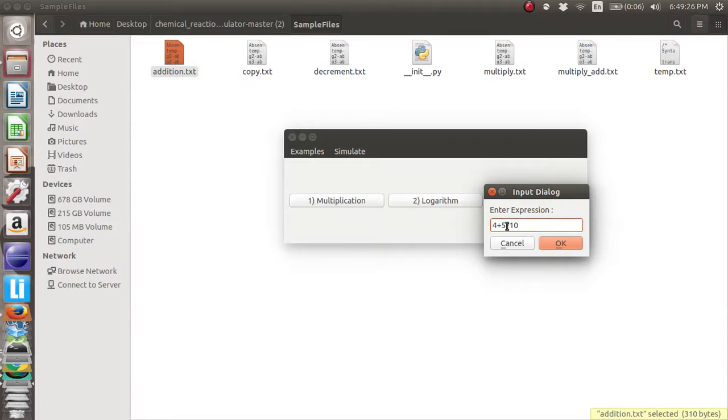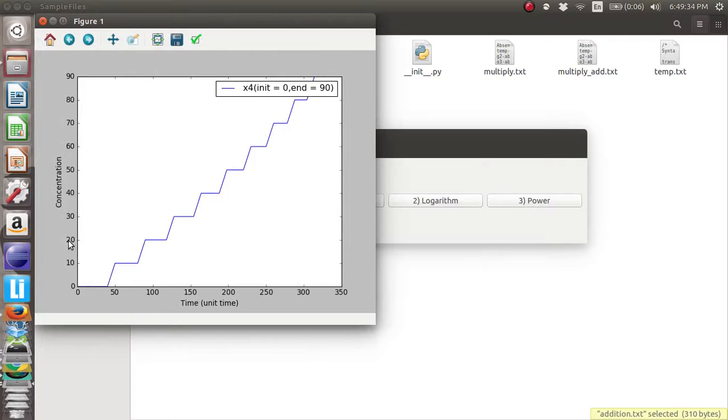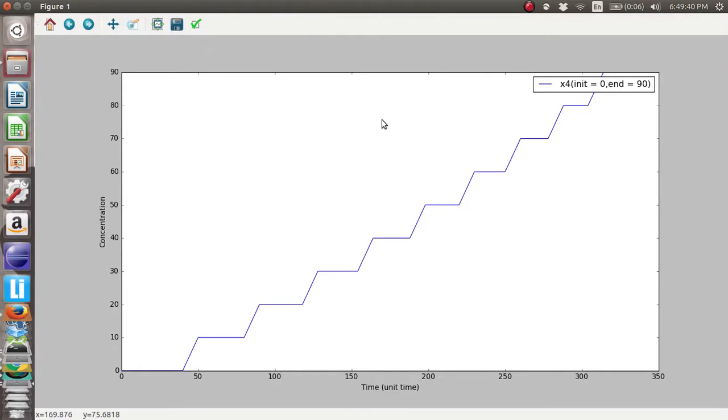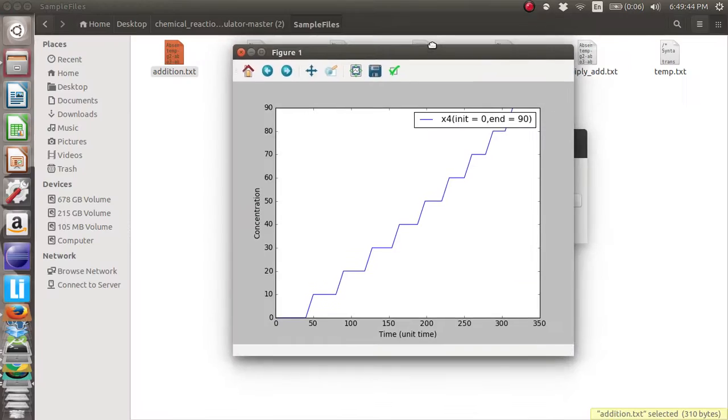So 4 plus 5 equal to 9, which then gets multiplied by 10, so the value will be 90. As you can see, when I simulate it, 4 plus 5 is 9, multiplied by 10 equal to 90 gets plotted in this reaction.